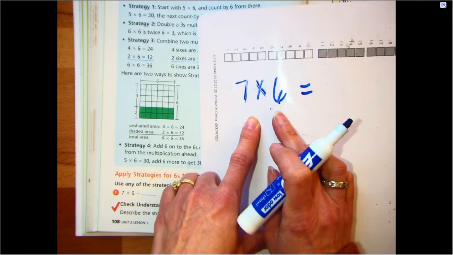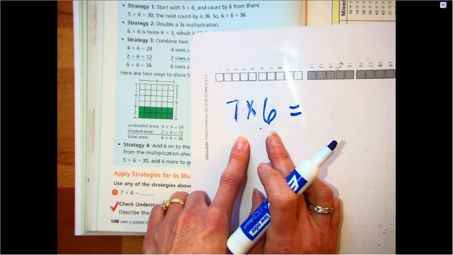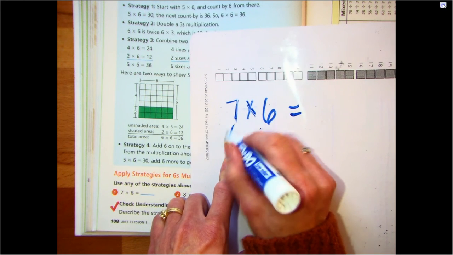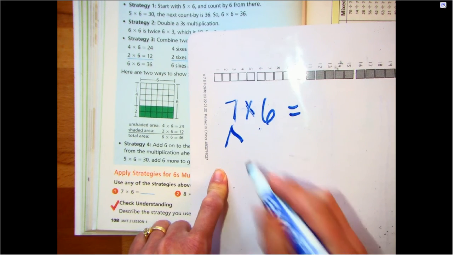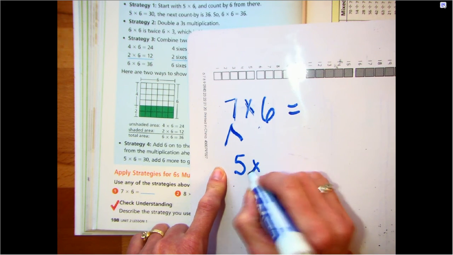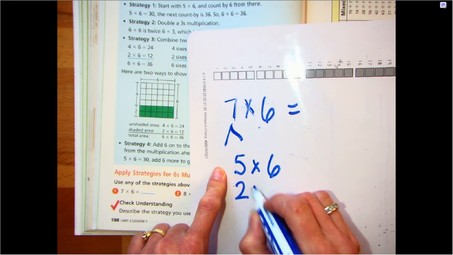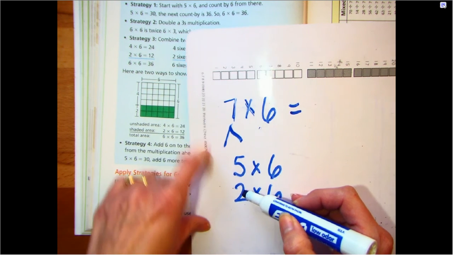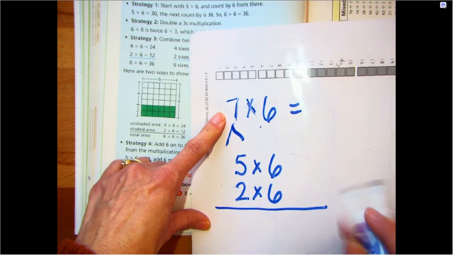right, that's a really big number. I don't know my 7s and I don't know my 6s yet. So let's take that number 7 and let's break it down into things we know. How about a 5 and a 2? Right, because 5 plus 2 more is 7, right? So if I draw a line there,